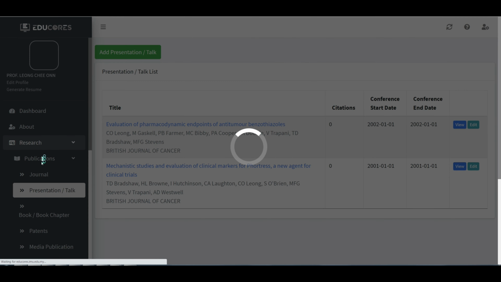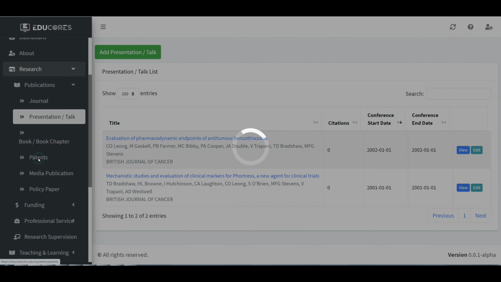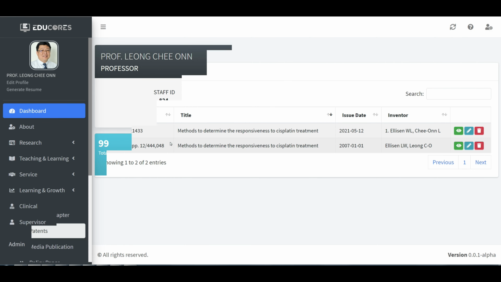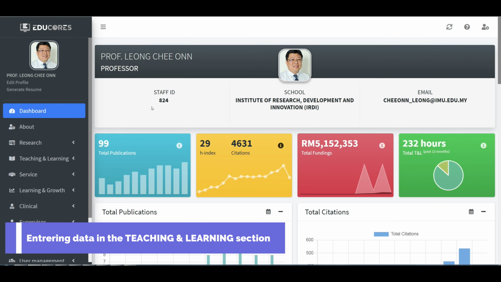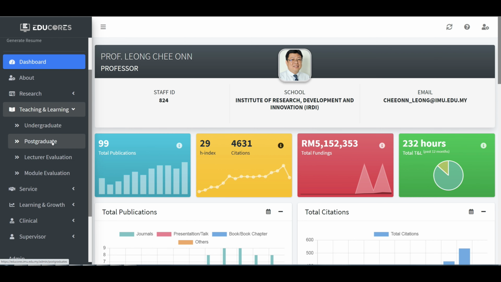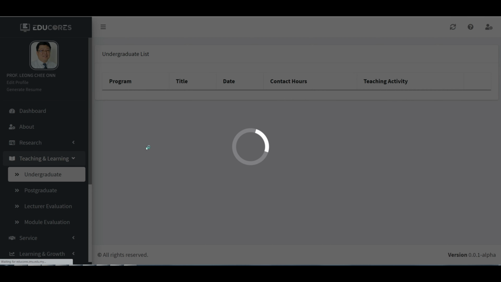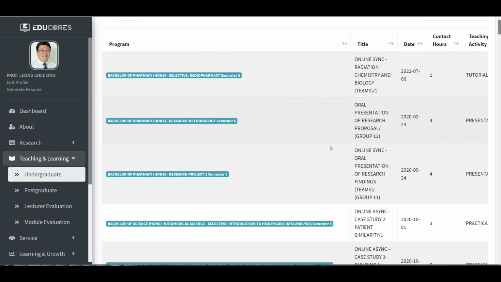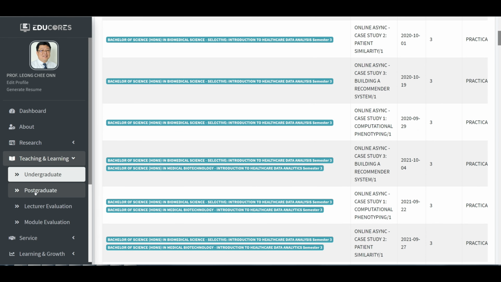You can enter the rest of the information by simply following the instruction on each tab. Under the Teaching and Learning category, there are 4 items: Undergraduate, Postgraduate, Lecturer Evaluation, and Module Evaluation. The Undergraduate and Postgraduate tab consist of information on contact hours, which is directly synced with the timetabling system.